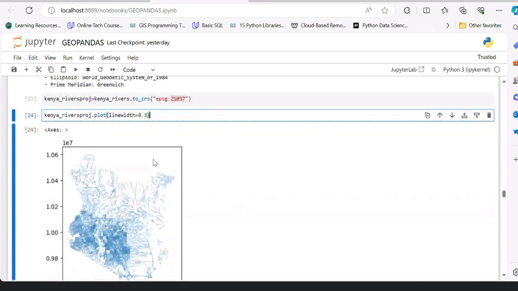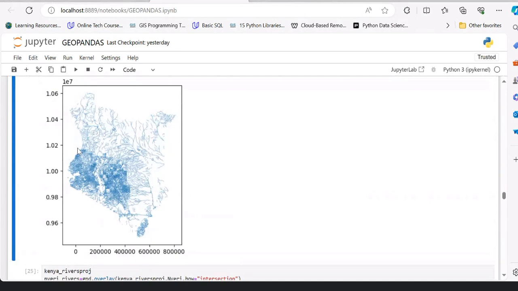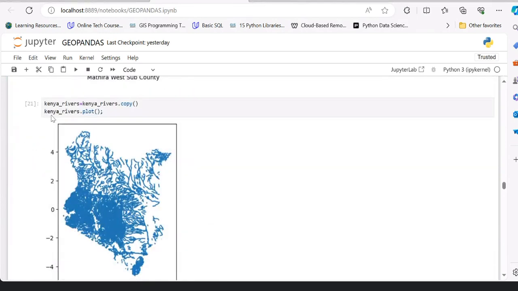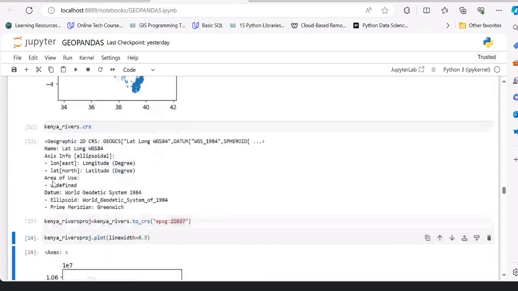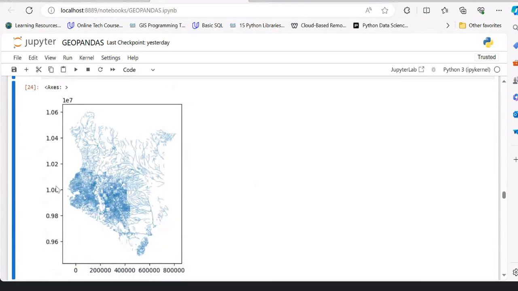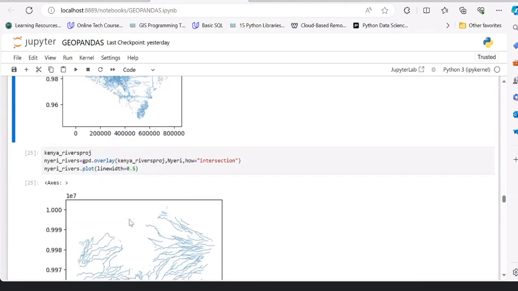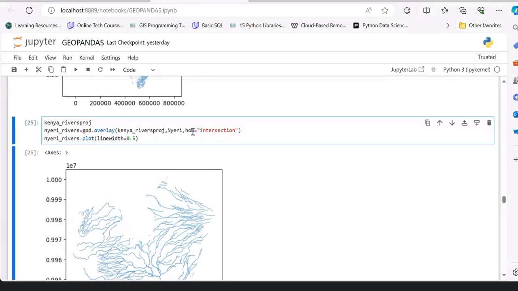I want you to see the difference. According to using our coordinate system UTM zone 37 south, you can see that we have some values here. There are no negative values, but on the other one, when we had not done coordinate transformation, we had some negative values here. But after we have transformed it, you can see that we have some very good values, especially on our X axis. We can see we have 200,000 on the eastings. The other thing you can do with Geopandas, you can scrape your data